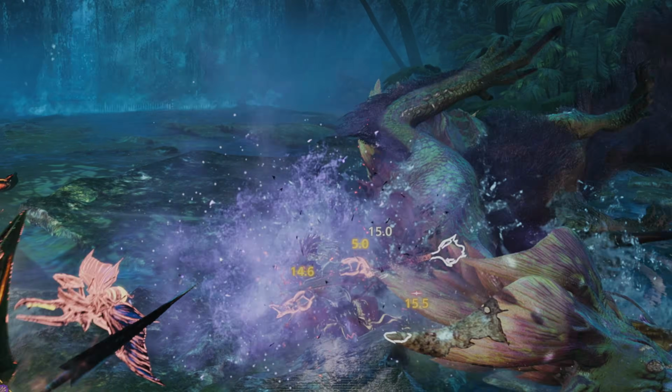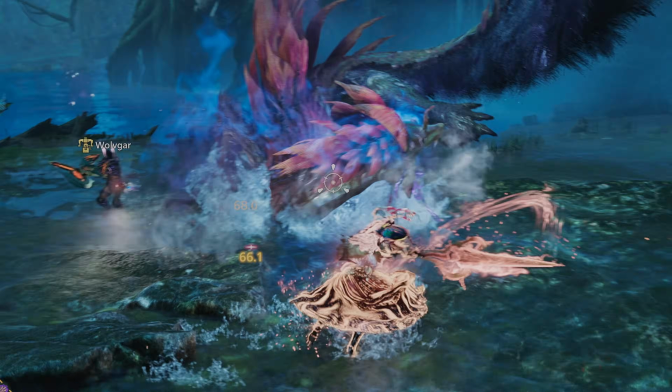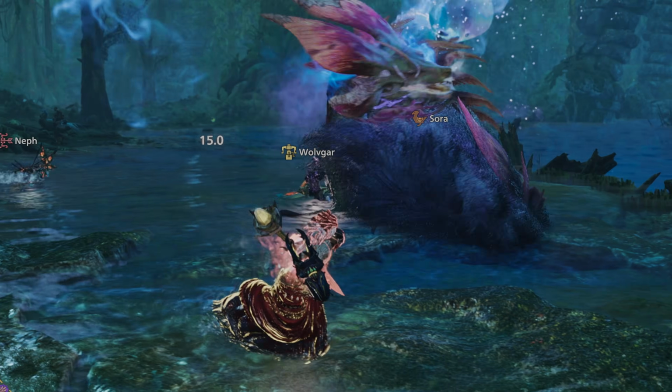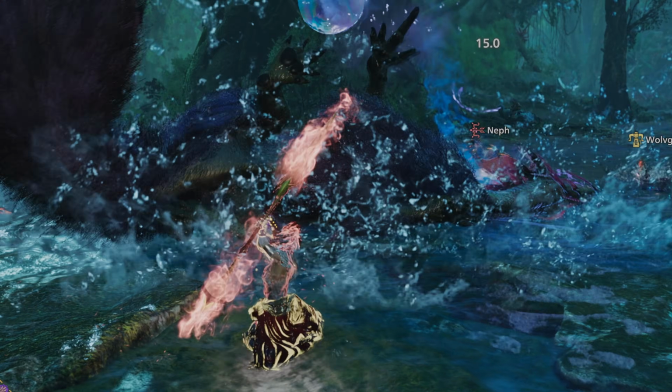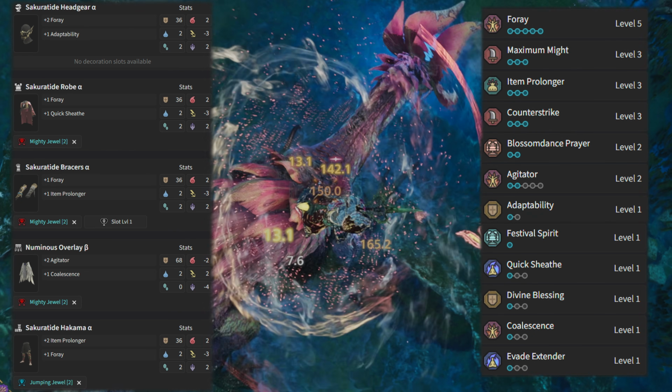For all of these builds, I'll be using the Counter 3 Charm as a base because of how powerful it is for everyone in a general sense. To learn more about my thoughts on how busted Counter-Strike is, check out the video on screen and in the description below. The setup on screen will retain 5 levels in Foray and 3 levels in Item Prolonger, while gaining